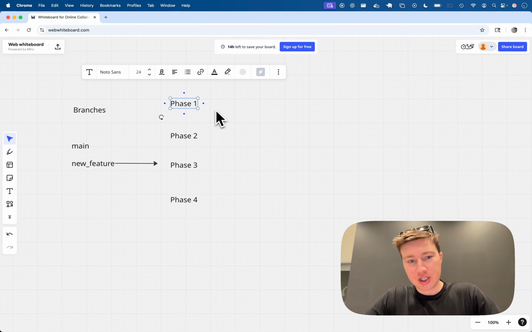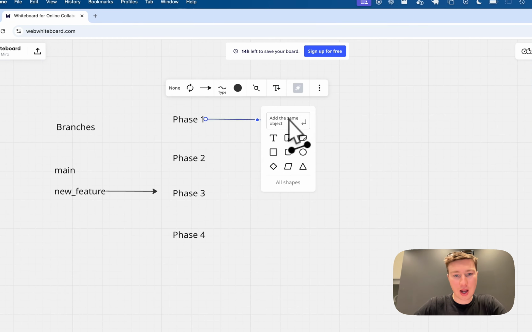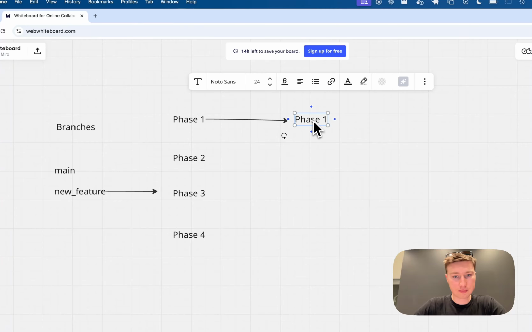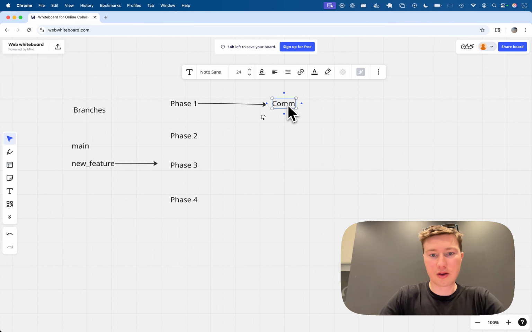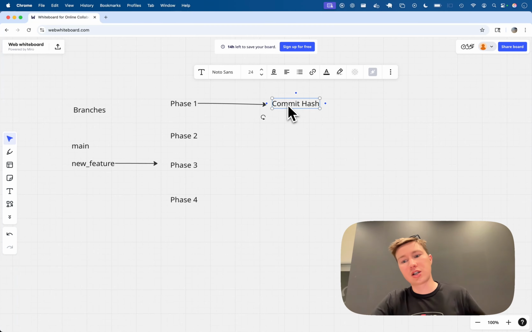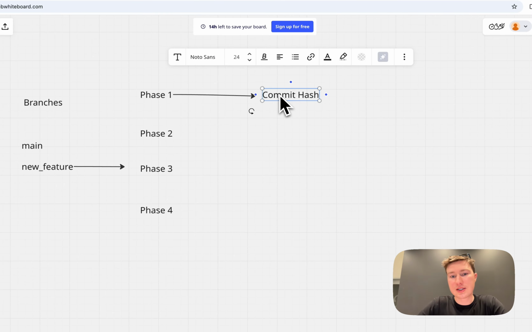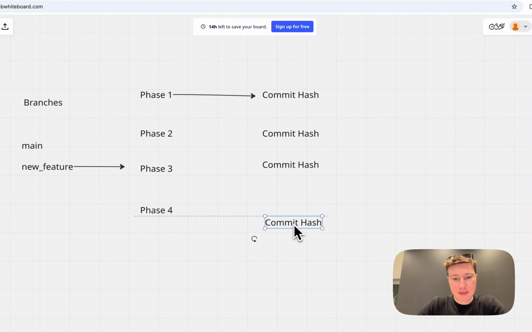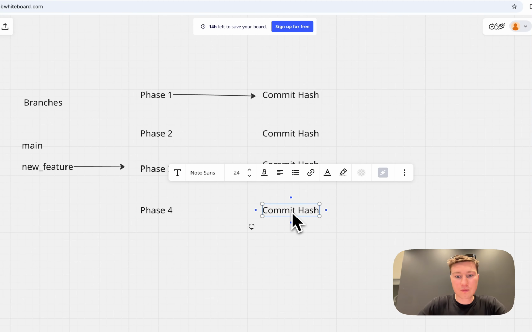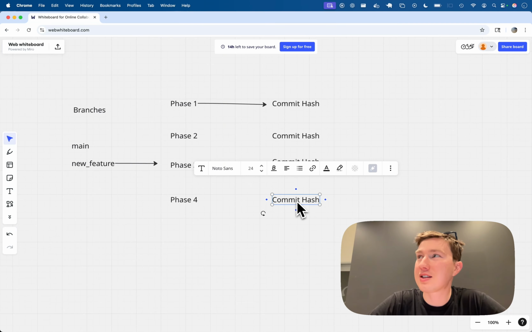Once I initiate Cursor to go ahead and implement, here's phase one, then you're going to make a commit and push to your repo. You'll have your commit hash, and you'll just do this down the line, right? This makes it so you don't have to,